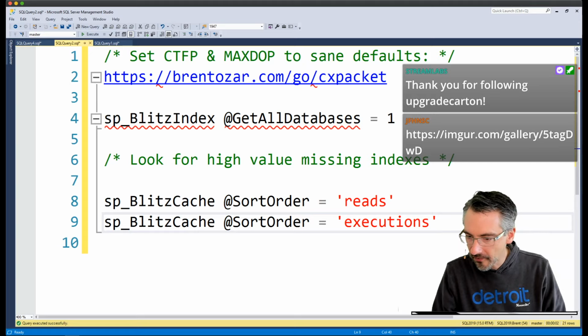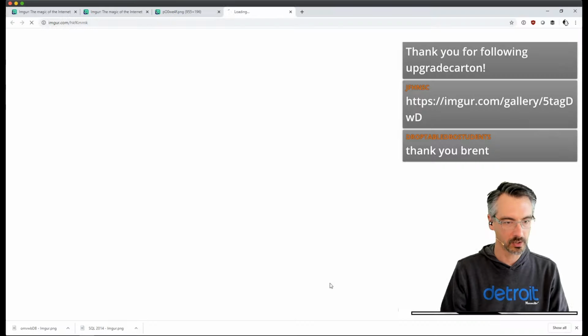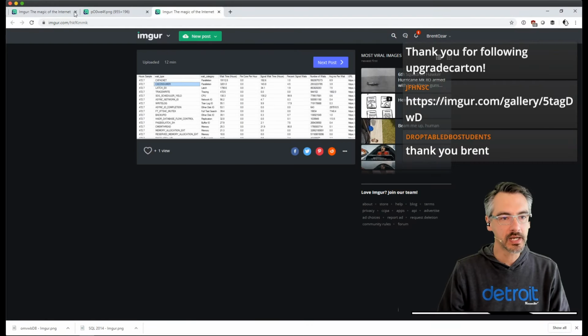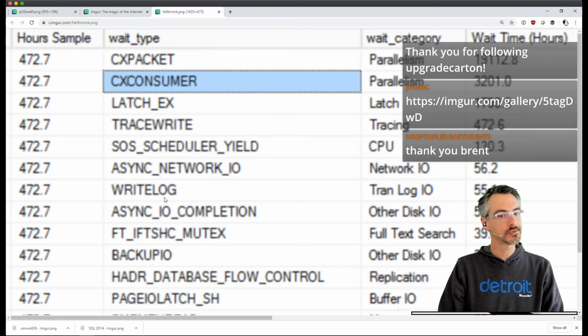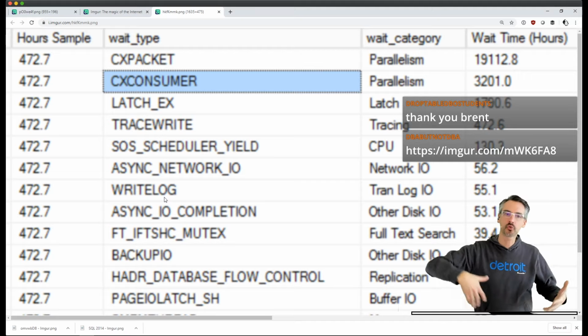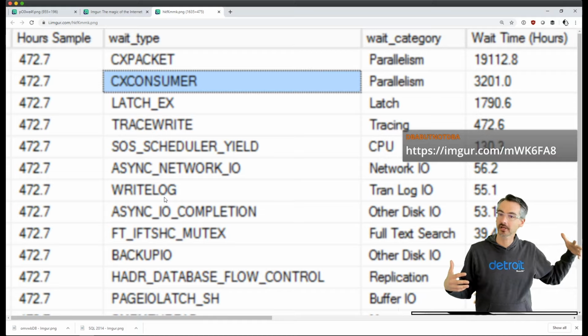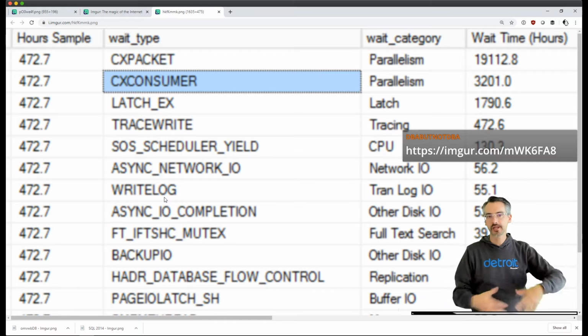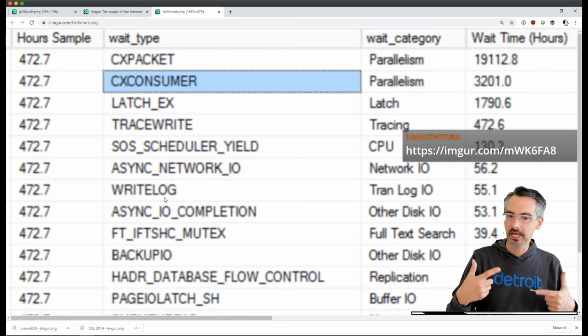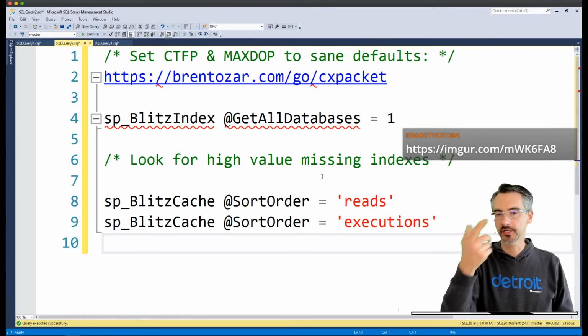Next up, we have BFTP19. Let's see what we got here. BFTP19 has the same exact story, really. On yours, Parallelism Gone Wild Spring Break Edition, 500 hours worth of uptime, and then like 23 hours worth of parallelism, 2,000 hours worth of latch waits. So wild and crazy with parallelism hitting tables that are up in RAM. You want to go ahead and focus on this exact one as well.